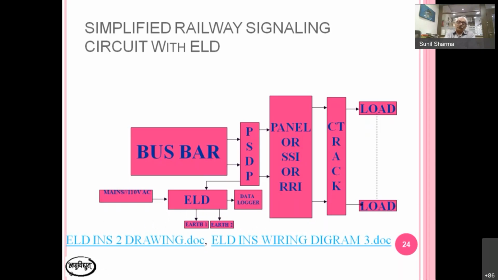Why have we taken this, or why does RDSO want this? Because sir, if we take 1 wire or 1 earth, and the earth is broken in any case, or earth is faulty, or the wire is broken, suppose, what happens? Measurement is stopped